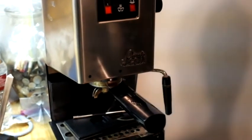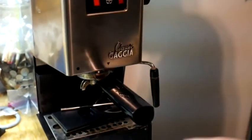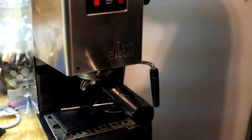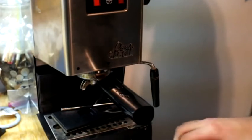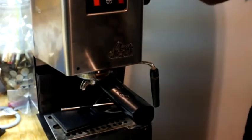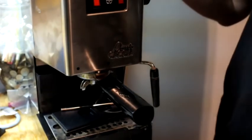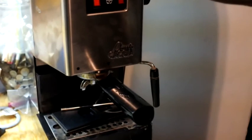Yeah, so this is my old coffee machine. It's the Gaggia espresso maker, the classic Gaggia. I've had it for several years, and it was a good coffee machine, well built, and it did very well. It just literally I've had this thing for maybe 5 years, and maybe 6, and it just